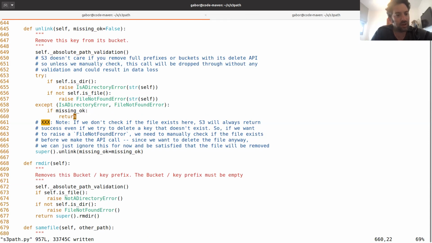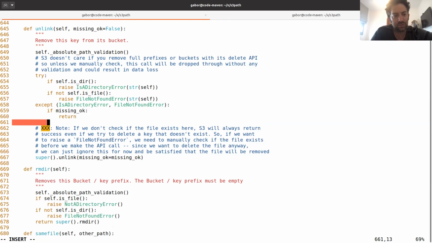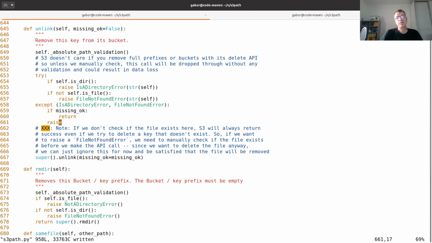Except else, or without else, just a line after that, raise. So what we are doing is catching the exception. If the flag is true, we are returning quietly. Else, we are re-raising the exception. Great. So the coding part is done.